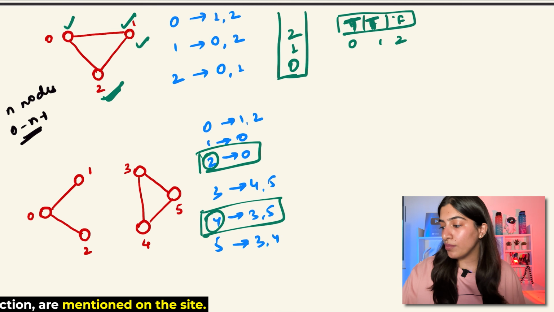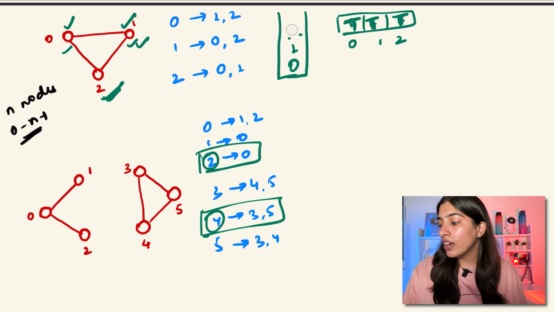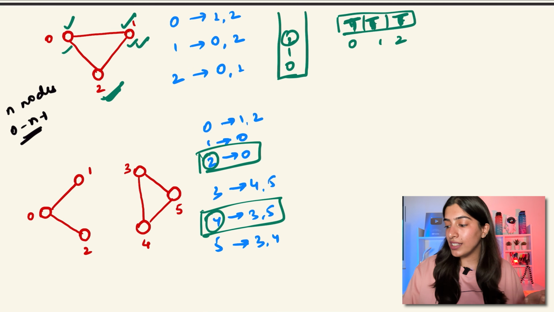I push 2 and I mark it as visited. Who are the neighbors of 2? The neighbors of 2 are 0 and 1. They are already visited, and so we are not going to push anything, and we are done with 2. So we are going to pop it out, and we are going to pop this out. We are going to pop this out. But the moment we would have found 2, we know that we have found our destination and we can just